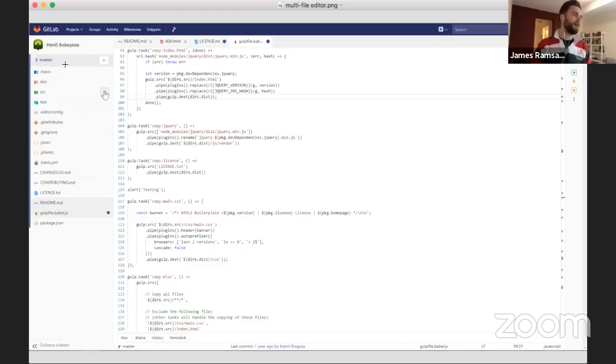We'll also be improving some notable things in the interface. So on the left, there is a file list which you can expand and navigate, and we'll be making that